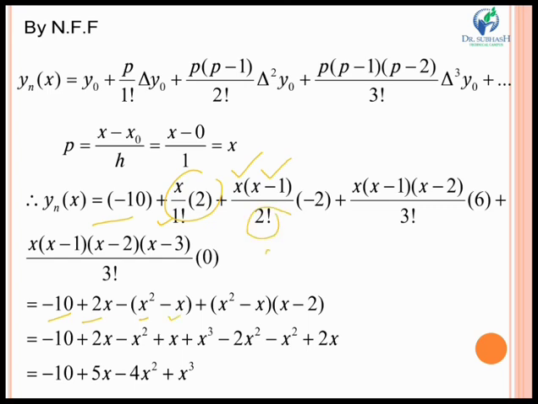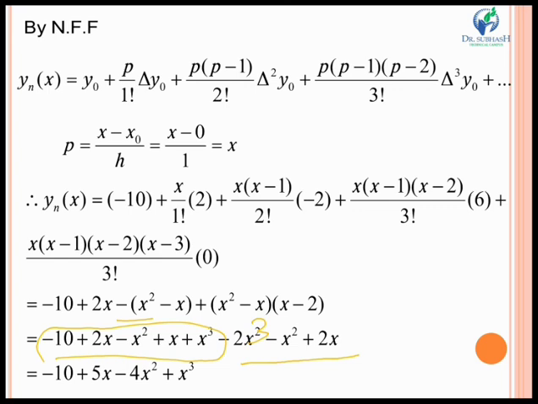Here 2 factorial is 2, so this 2 will get cancelled, and this minus sign I have written over here. Again we will multiply this x into x, x square, x into 1, that is x, and x minus 2. Again I am opening this bracket, so till here the terms will be as it is. Here again if you multiply, you get x into x square into x, that is x cube, this 2x cube. If you multiply the whole bracket, you get 2x cube minus x square plus 2x.